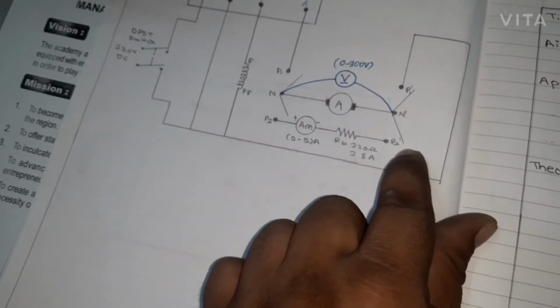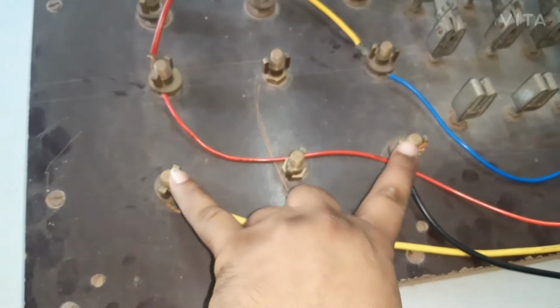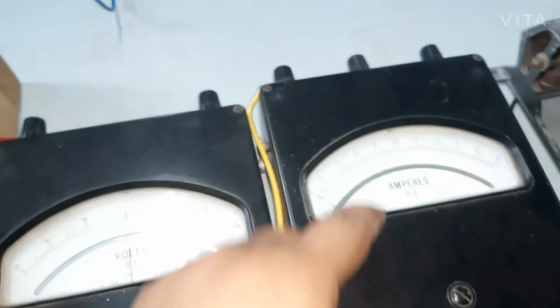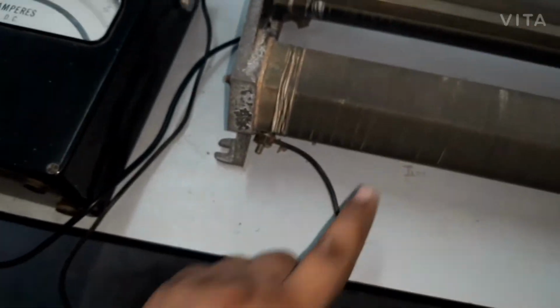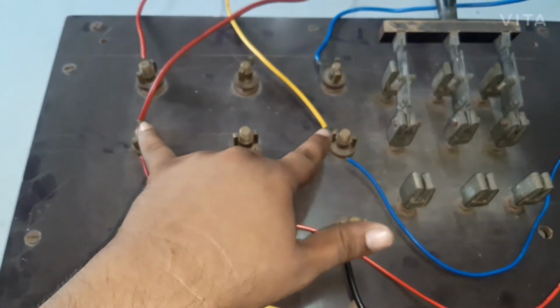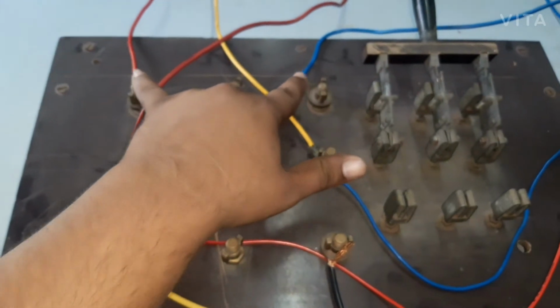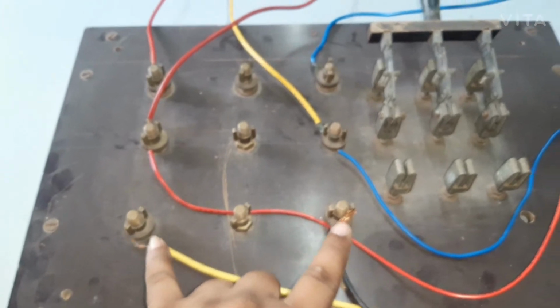Now between these two terminals of the switch there should be an ammeter in series with the rheostat. So this positive is going to the ammeter positive, and the other terminal of the ammeter is going to the rheostat, and then from the rheostat it is coming back to the switch. So this is the series connection. If the armature is switched over on this side, it is motoring. When it is switched over on this side, it is braking, dynamic braking.